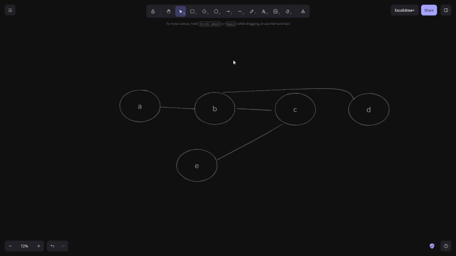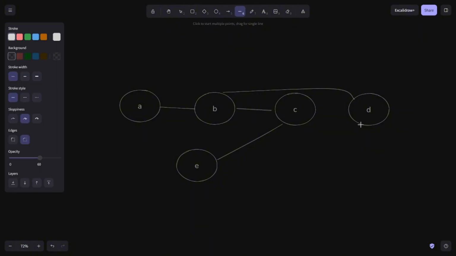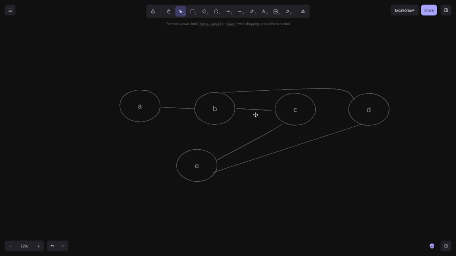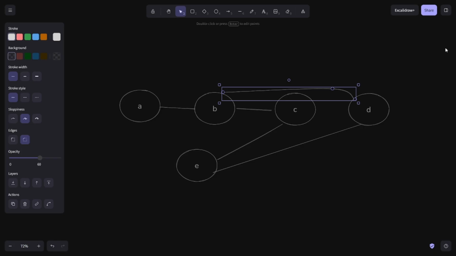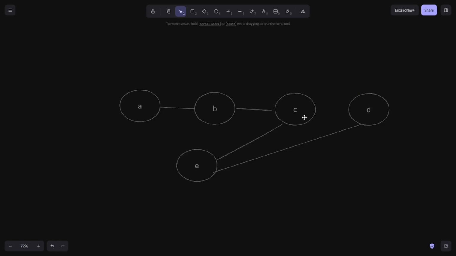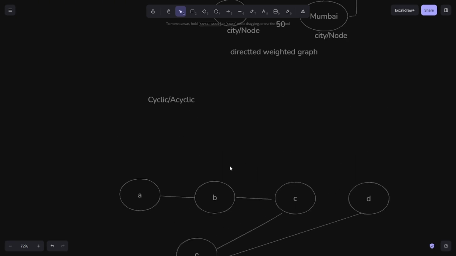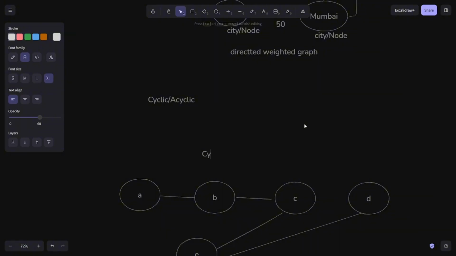A cycle is like, let's suppose there is another connection between D to C. You go A to B, B to C, C to E, then E to D, and again go to B. What does it mean? You again come to B. It means there is a cycle present in the graph. If we break a connection like this one, there is no cycle. This is called the cyclic and acyclic graph. This is an example of a cyclic graph,